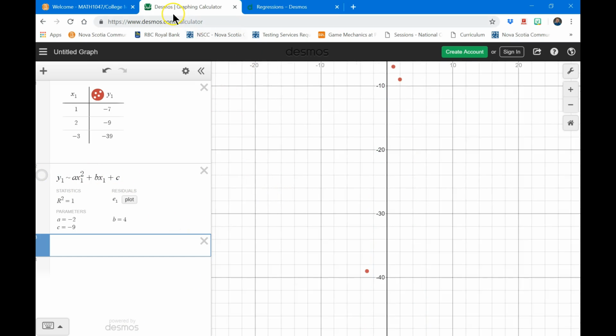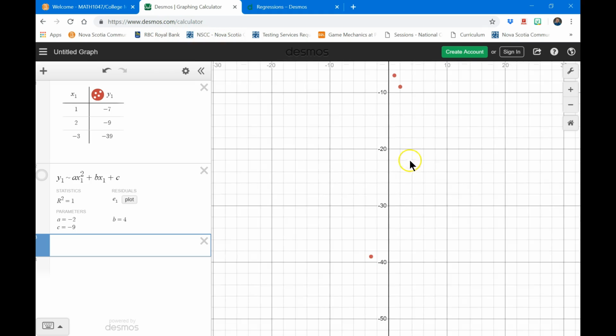Here's a graphing calculator. It's Desmos. It's free, it's beautiful. Look, and here's what we got. We basically have these three ordered pairs, right? Just to give you a visual of what we're doing. And there's a line that rips right through these, and it's a nice quadratic, which means it's a curved line, okay? And basically we need to figure out what the equation is, and when we do that, we're going to